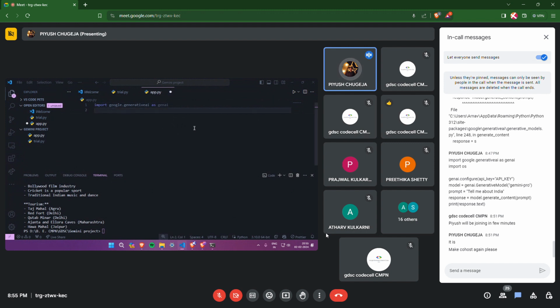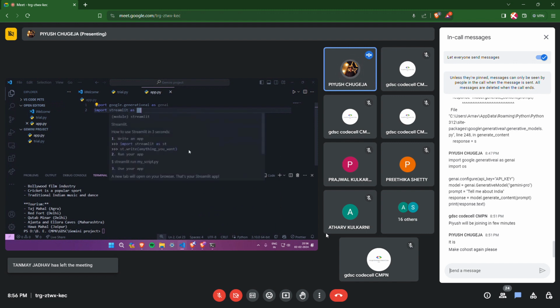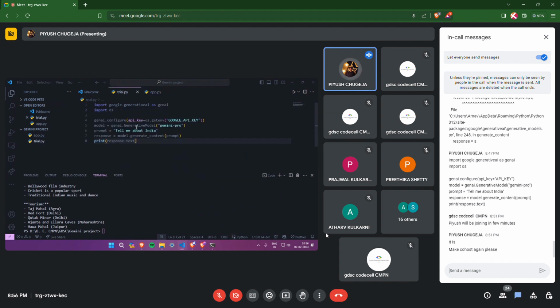We'll import Gen AI. We'll import Streamlit as well. Now Streamlit से हम UI बनाते हैं जैसे आपको बताया था. Import Streamlit as st कर देते हैं so that हमको बार-बार Streamlit ना लिखना पड़े. Again, we'll just copy the code from here. These two lines are required to initialize our Gemini model, right? हम यहाँ से जाके copy paste कर देंगे. इधर आ गया, हमारे पास model आ गया.